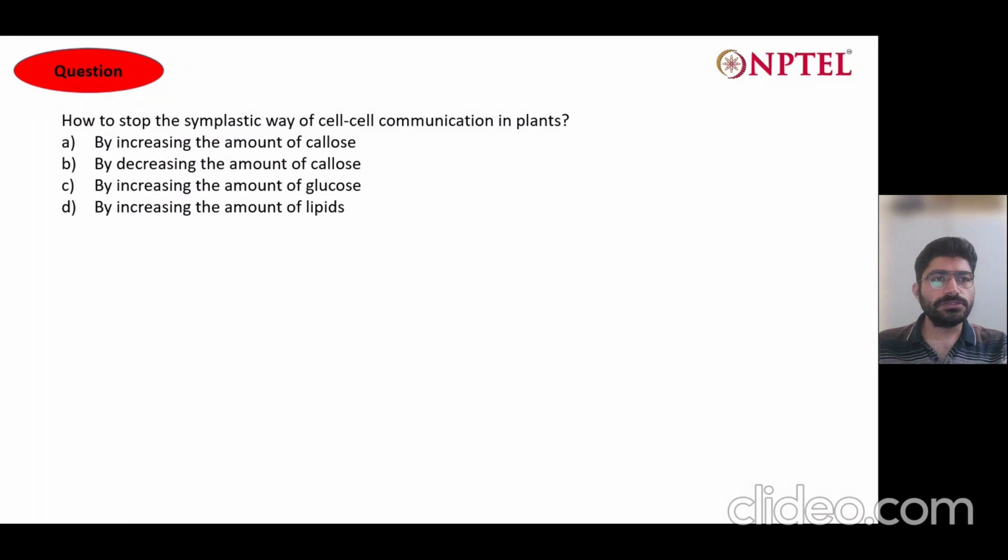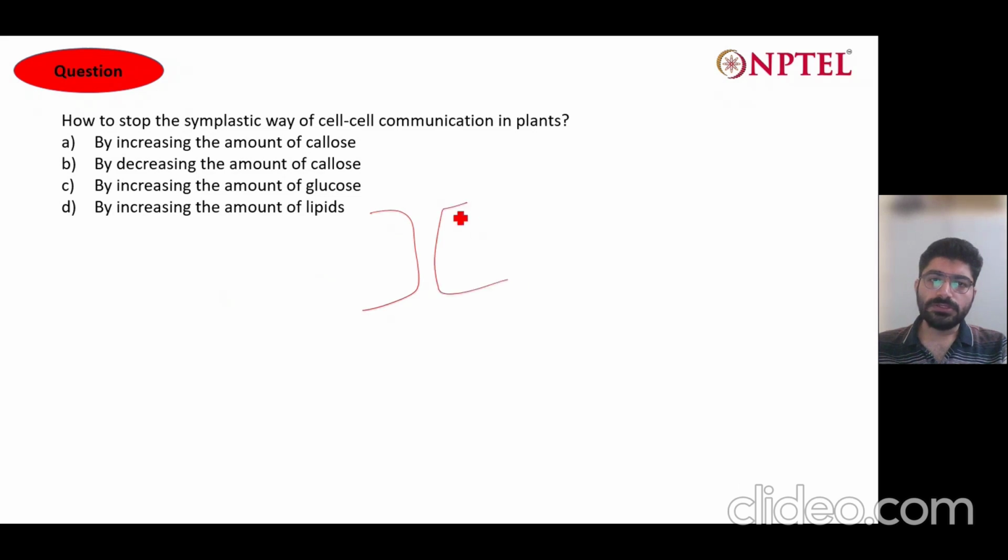So the next question is how to stop the symplastic way of cell-cell communication in plants. The options are: by increasing the amount of callose, by decreasing the amount of callose, by increasing the amount of glucose, and option D, by increasing the amount of lipids. So as you all know that